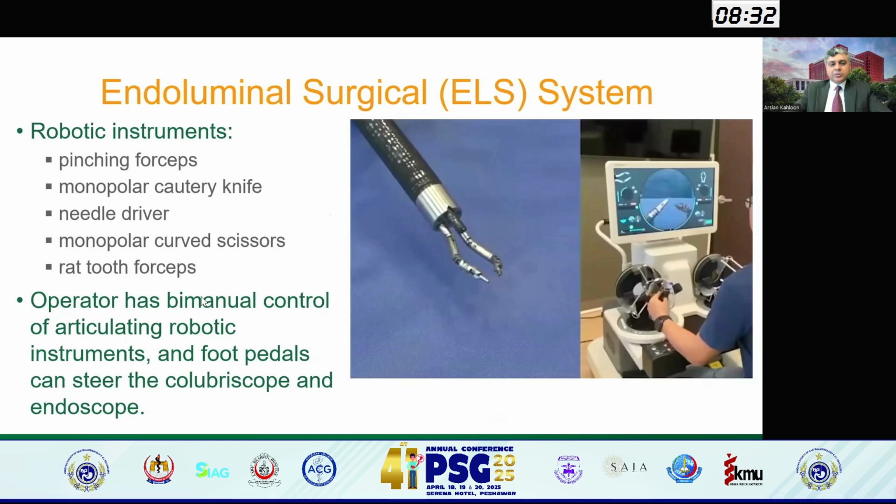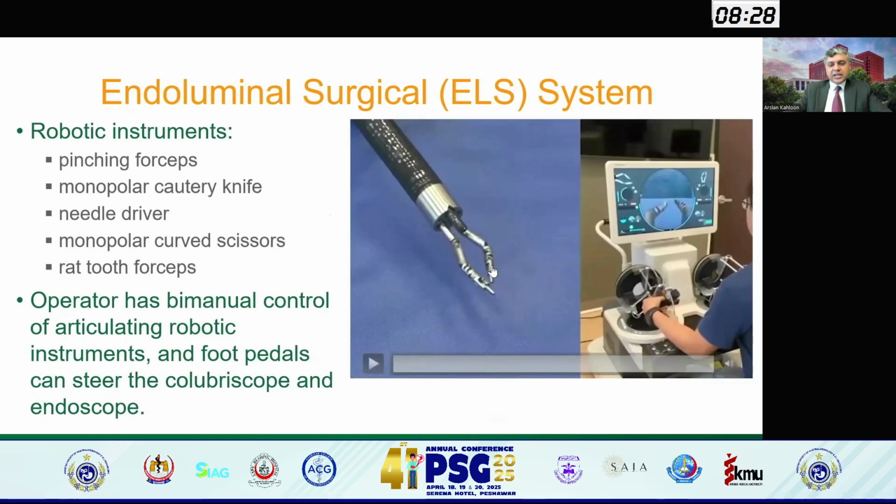And then it also provides operators with a bimanual control, where you can grab with one side and then be able to resect or dissect with the other device that can be going through the other port. And similarly, this console can be operated through a foot pedal where you can steer this calibroscope forward and backwards by just a single operator. So some of these innovations have really come into play, where it can actually make some of the job for endoscopists much easier in terms of performing complex resections.